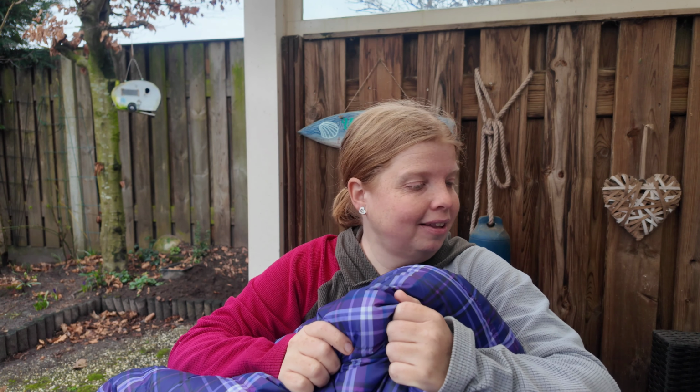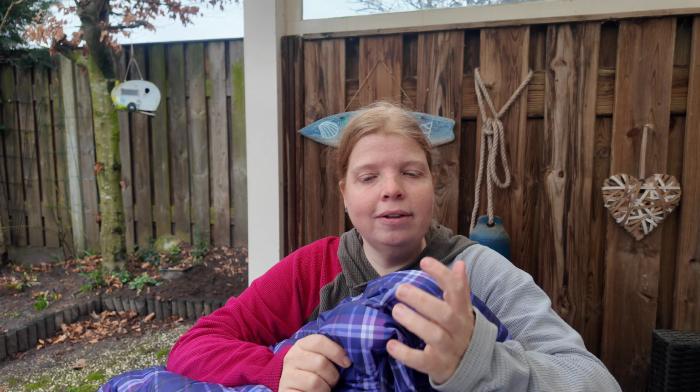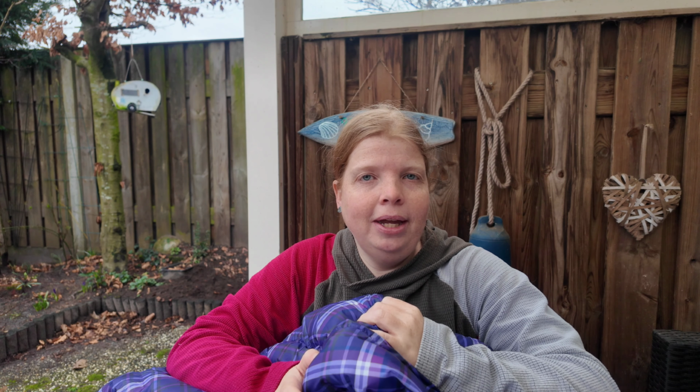So yeah, this is my new backpacking quilt. First looks, I love it. And I think I'm going to use it with a lot of joy. I already know that I love backpacking quilts, so I do not have any doubts about this one. The most important reasons for changing is that I wanted a quilt with a comfort temperature instead of a limit temperature, a quilt that wasn't as warm as my Lighted Equipment quilt is, and the fact that if I am paying this much money for a backpacking gear product, I would like to have one that I absolutely love. And because Lighted Equipment wasn't willing to offer me the pink anymore, I decided to switch